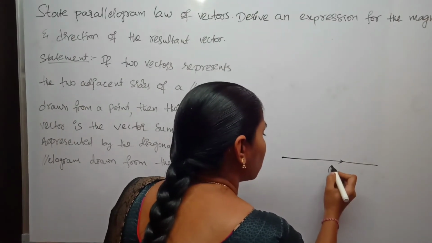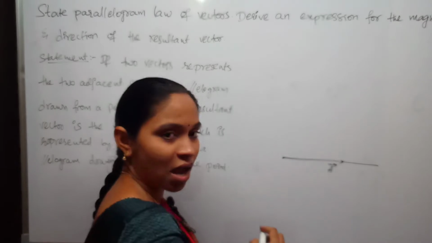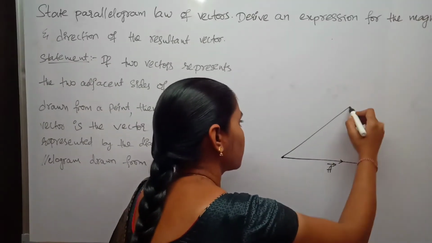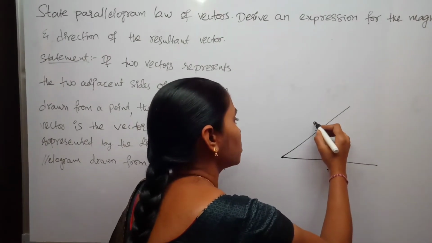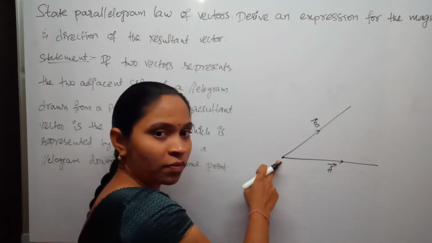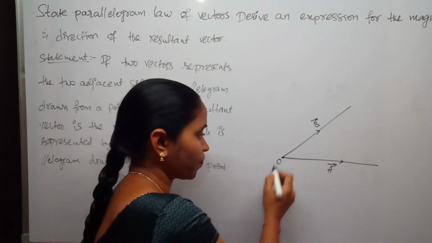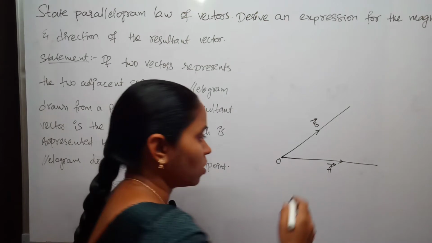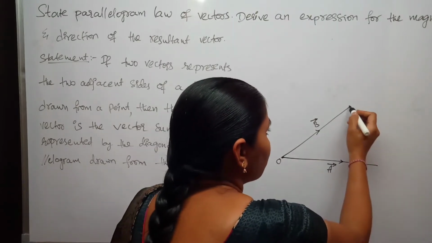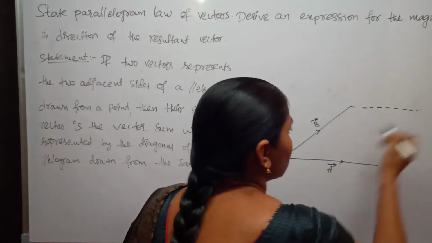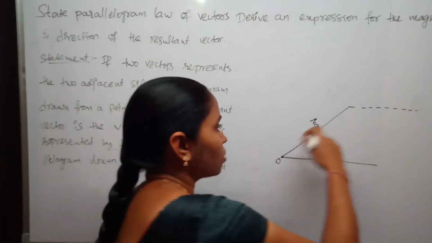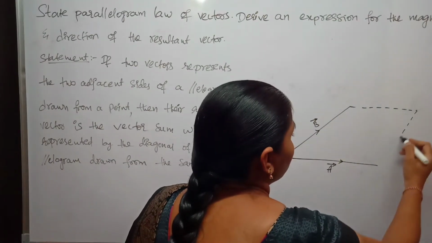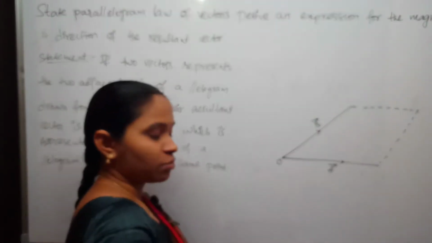vector A bar and vector B bar. I am taking two vectors which are starting from a single point O. Now what I am doing, I am drawing a parallel line to the vector A and also a parallel line to the vector B. If you observe carefully